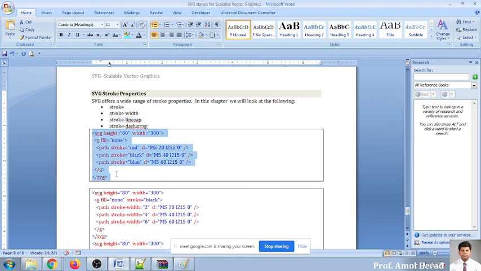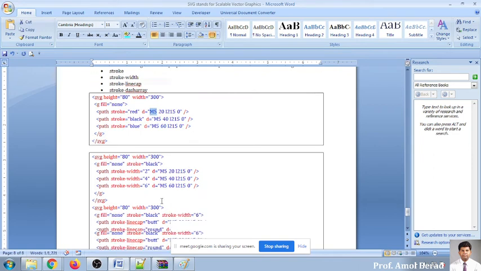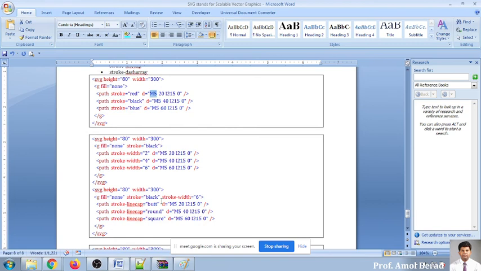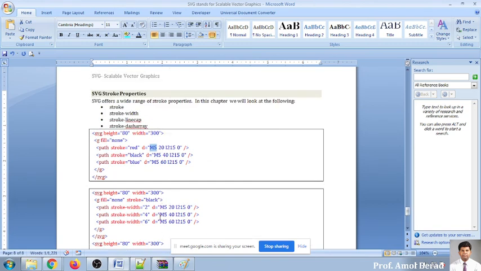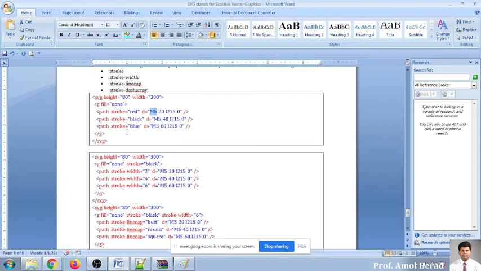So this is a simple line. With the help of path, you can draw a simple line called a stroke with red color, black color, and this is nothing but a dimension. So M520, this is a number been given. Just remember, this is only for the purpose of explanation. You just understand how these attributes will help us as far as stroke is concerned. If a single stroke is given, the colors can be specified. If I'm saying stroke width, this attribute will help us to increase the size of a path.